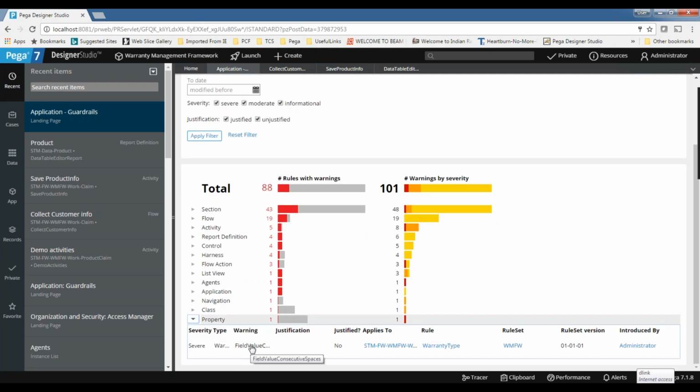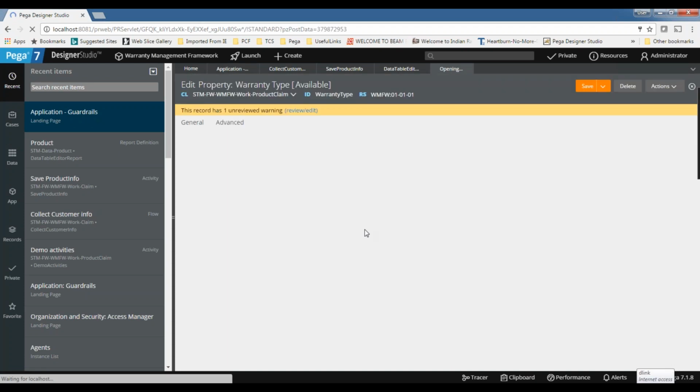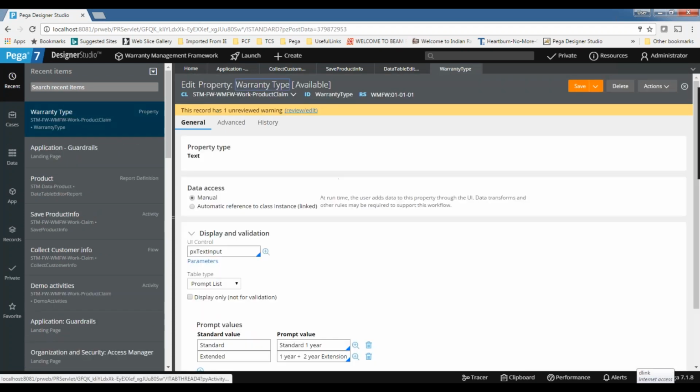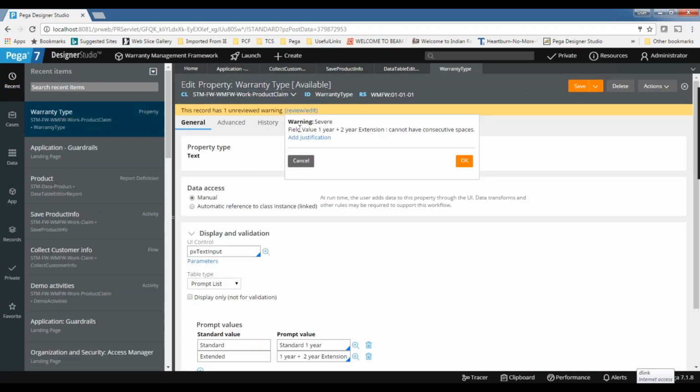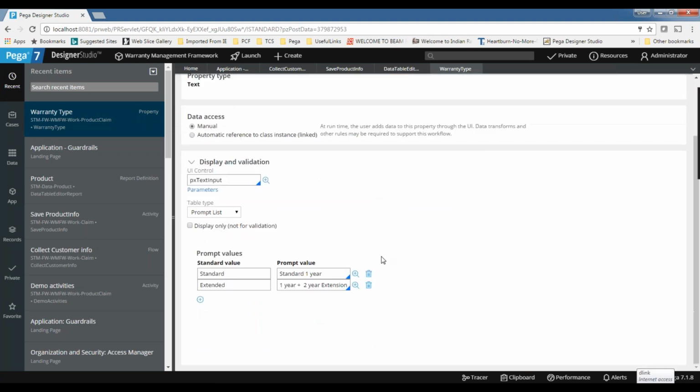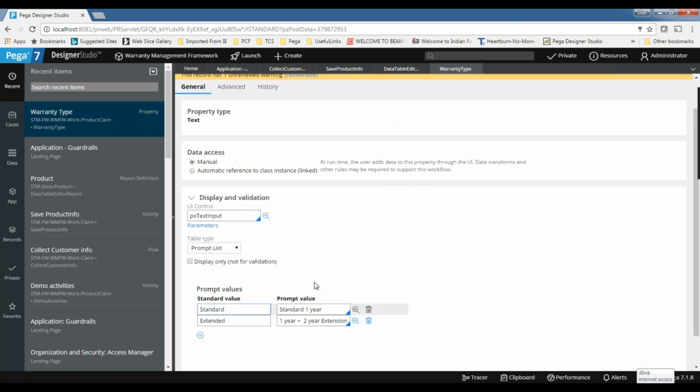Warranty type field value. What is it saying? Field value 1 plus 2 year extension cannot have consecutive spaces. Field values.